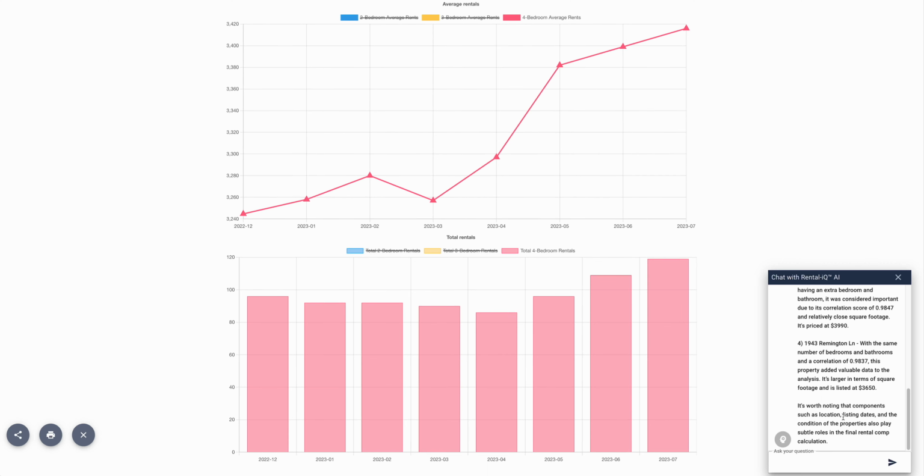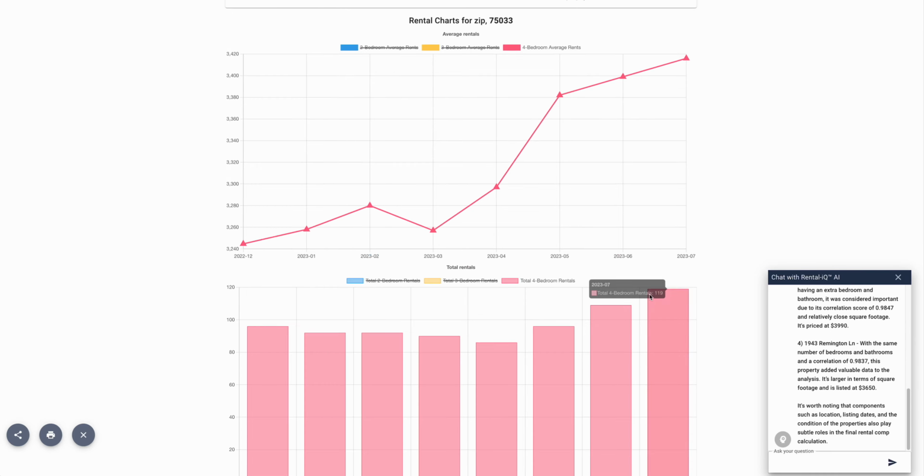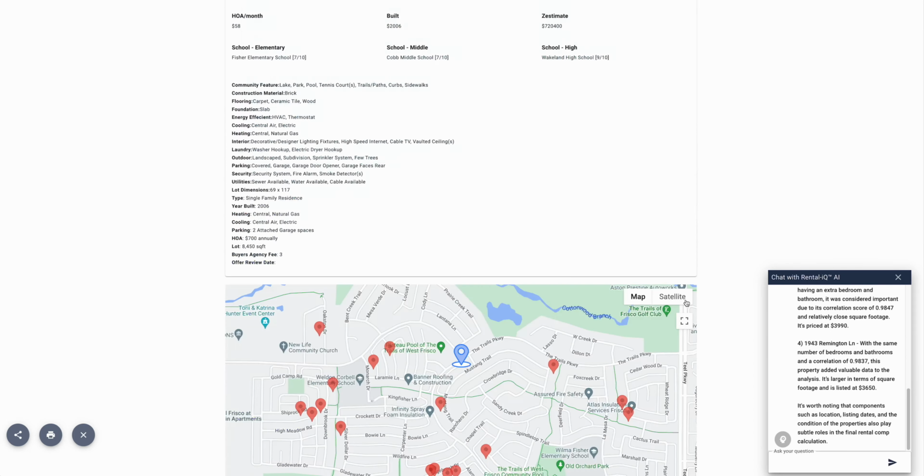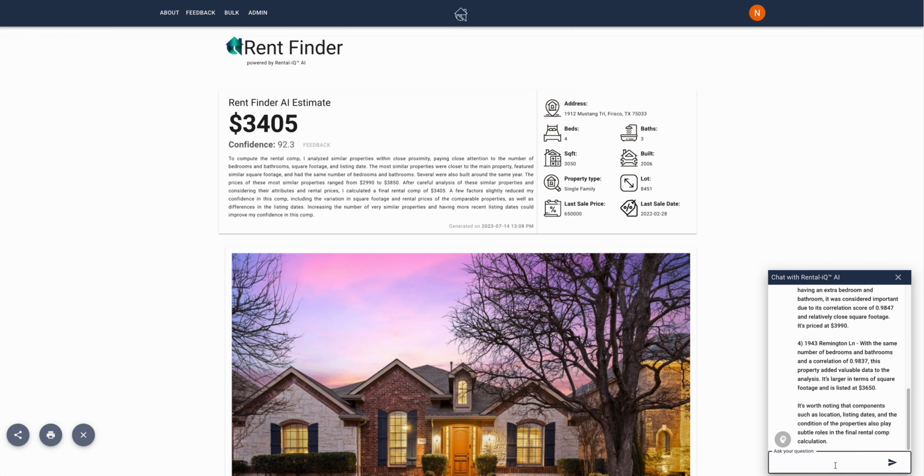Then it's going to give you some more information here, just kind of letting you know what it did for its calculation. But it answered the question of which properties did you consider most important for your pricing analysis against 1912 Mustang. Let's use this for another reason that I find really, really neat and interesting. Let's say you're up here and you see, wait a minute, I know this is a 4.4, not a 4.3. I know that for a fact. I know it's bad MLS data. So let's do this. Will you please update the estimates, assuming that the property at 1912 Mustang is actually a